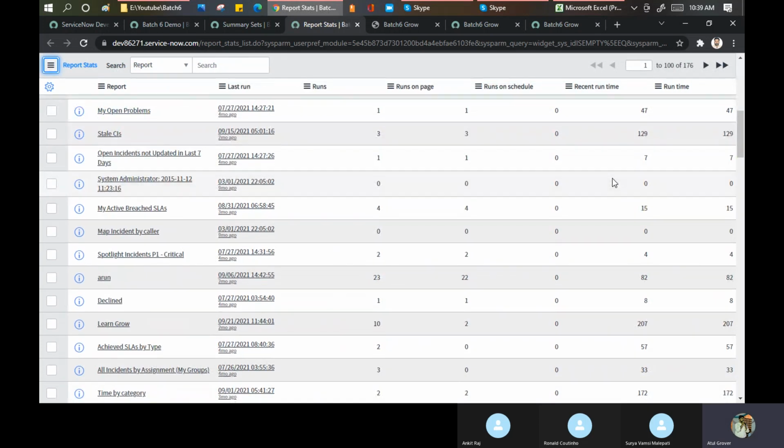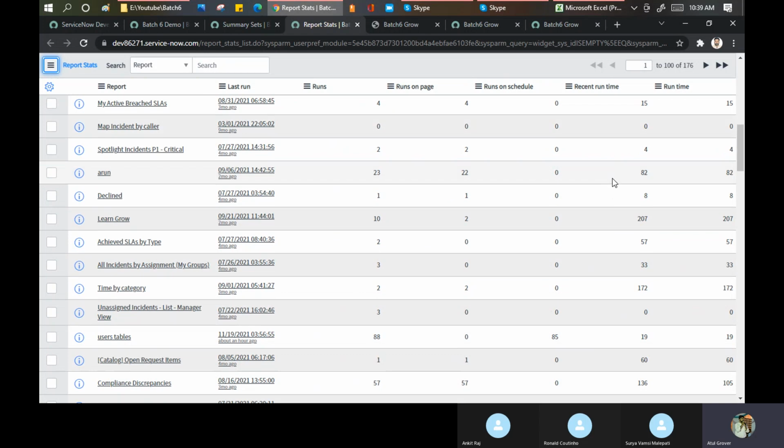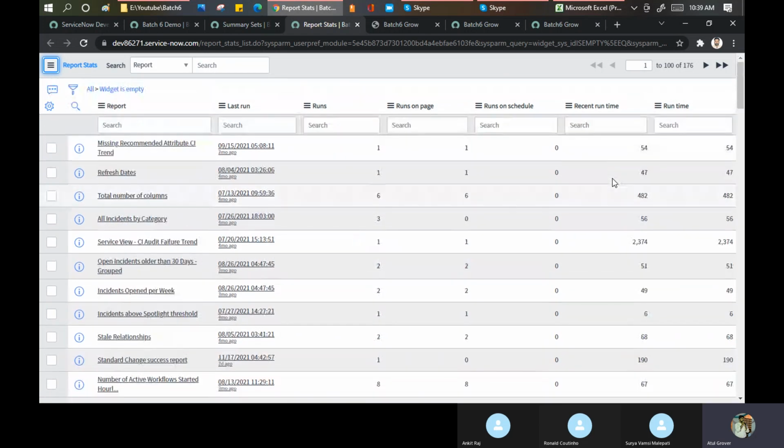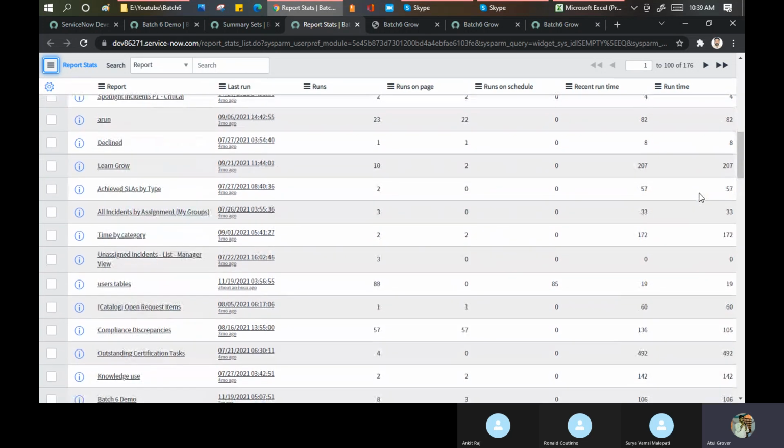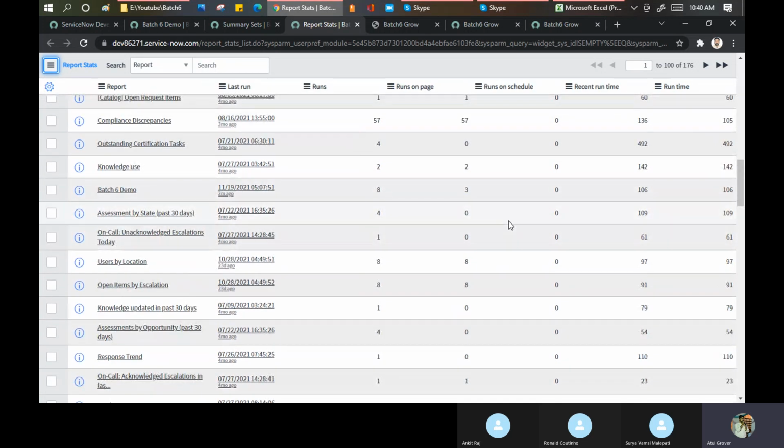By this way your service or support team can analyze कि इसको शेड्यूलिंग करना है कि नहीं करना है, क्योंकि ये तो हमारे स्मॉल रिपोर्ट्स हैं जो हम जस्ट टेस्टिंग के लिए बना रहे हैं। So you see run one time, run on page, run on schedule, recent run time is there. So by this way you can do your stats analysis कि कितना है, कि कौन सी रिपोर्ट है जो बहुत टाइम ले रही है,